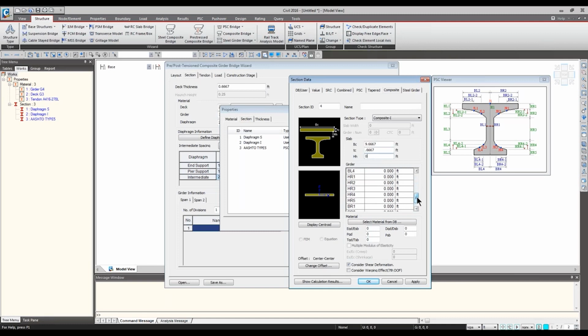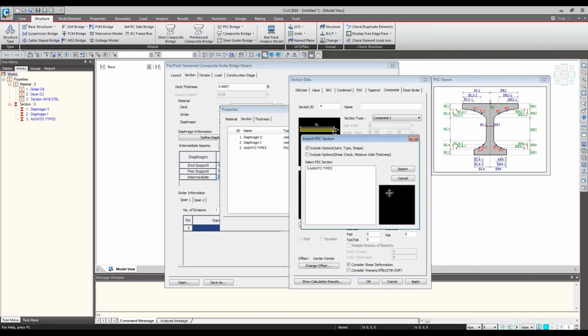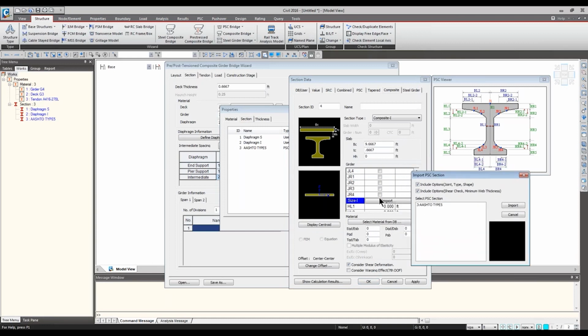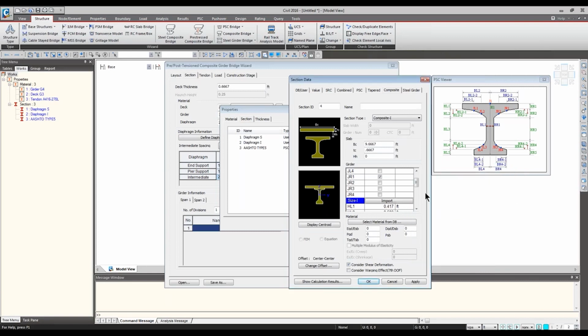So many numbers to punch in. But what's the point of us defining the girder right here? So that we can import it and make it composite right here. This way, all these numbers, you don't have to punch in again. You can simply import from what you defined already. And then it's a composite section.